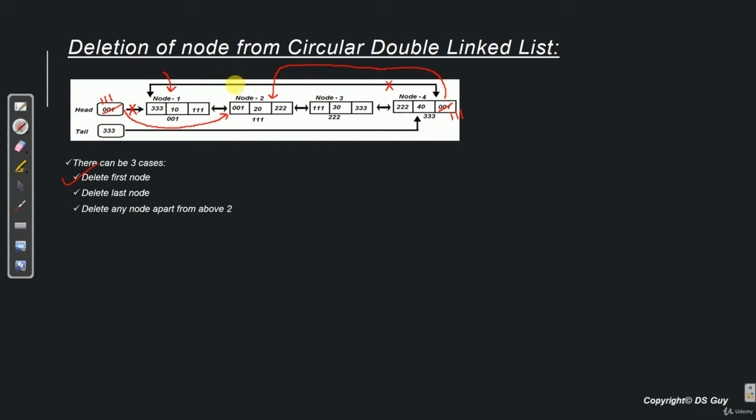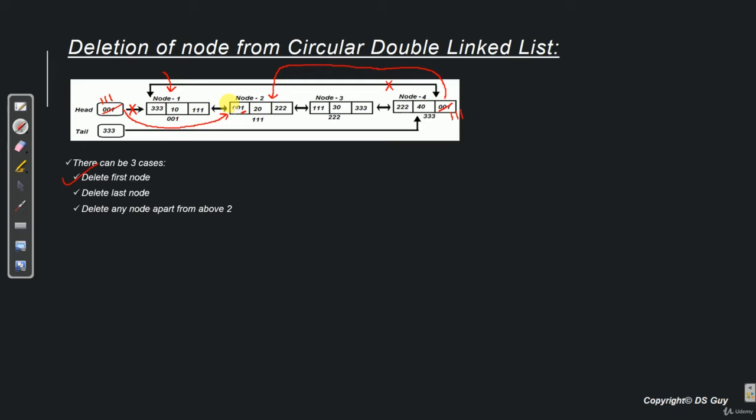Now the last step is, we have to update the previous reference of node 2. So currently it is pointing to node 1. But now it should be pointing to node 4. And why is that? Because node 2 now will be the first node in this list.